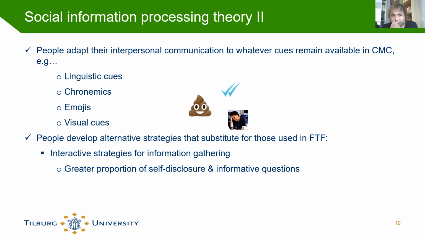Let me first answer the question by Ferdinand. Do you have an example of a visual cue, or would that be seeing someone typing? Well, a visual cue is, you know, an image that you can use in WhatsApp, or someone's profile picture in WhatsApp. So that's a visual cue. Or if you Google someone and you find pictures of him or her beforehand. So those are all kinds of visual cues. Of course, emojis are basically also visual cues,